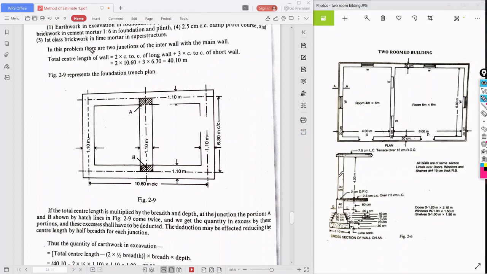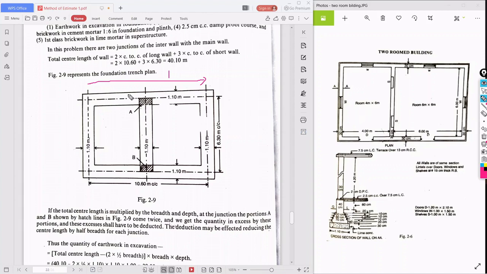First, we have to take the center line length of the whole building. From here to here, how much? It is 4 meter plus 0.3 plus 6, that is 10.3.